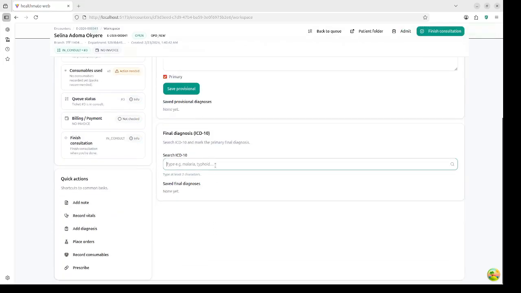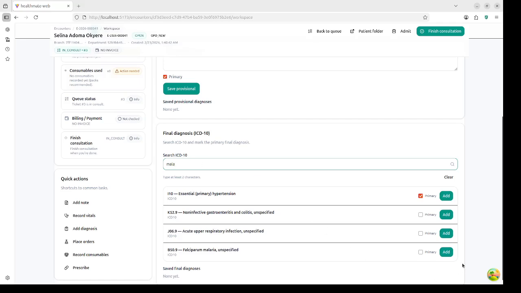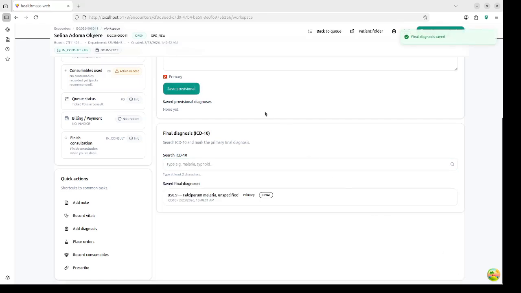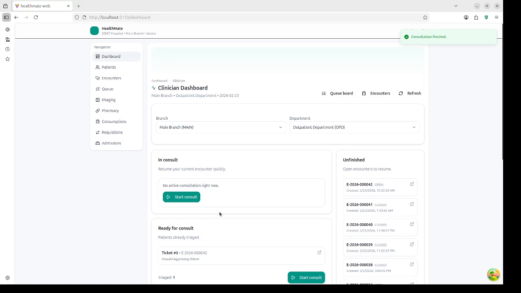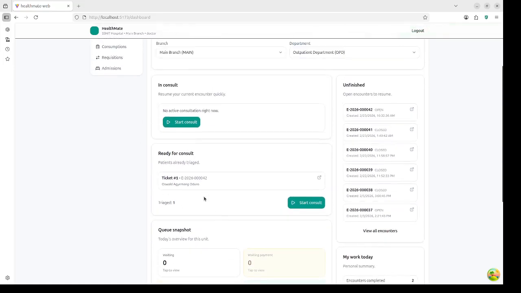Diagnosis malaria. Finish consultation. Now back on our dashboard. After completing the consultation for all the other patients, now the patient we created is next